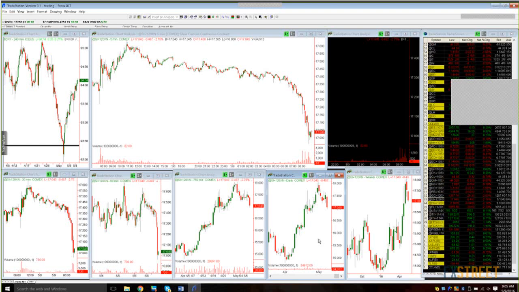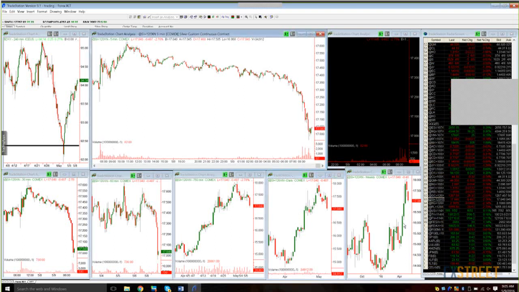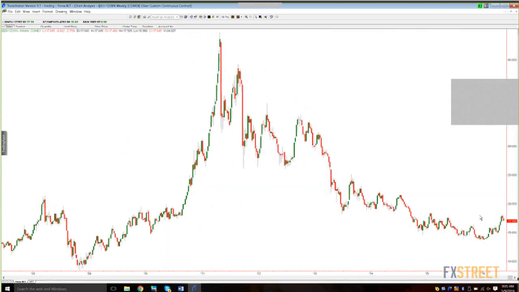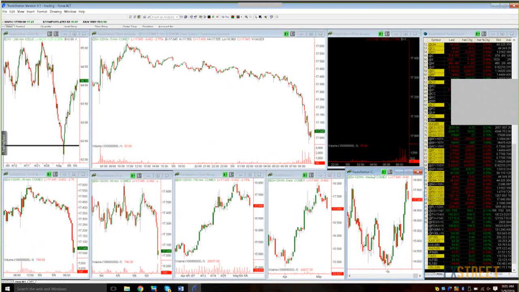Okay? All right. Yeah, we can look at those. We can look at coffee and those markets as well. So when we look at silver, it's obviously had a huge move over the past couple months. And now you see how it's been shooting up over here on the weekly? Okay, now blow the weekly chart up. So there you can see it's been shooting up. So what do you do with that? Well,